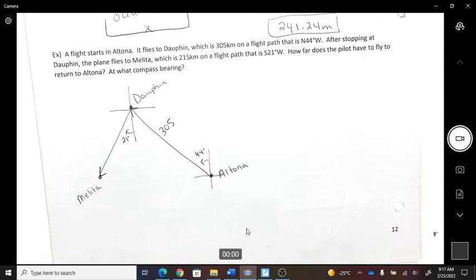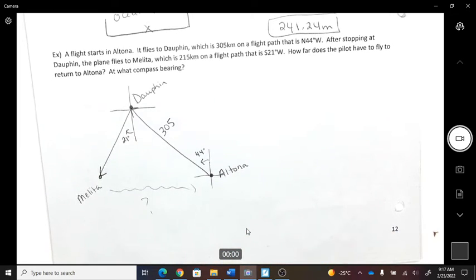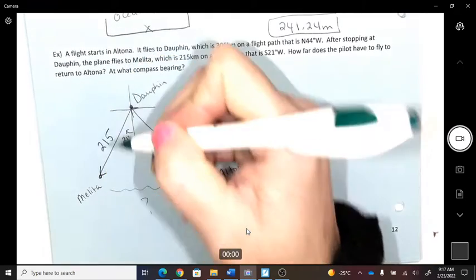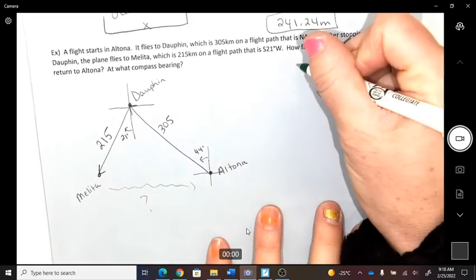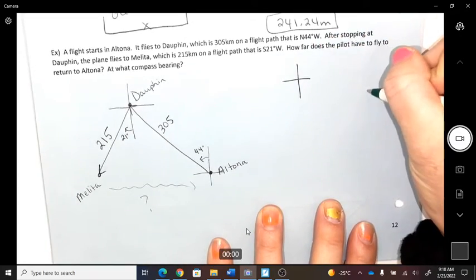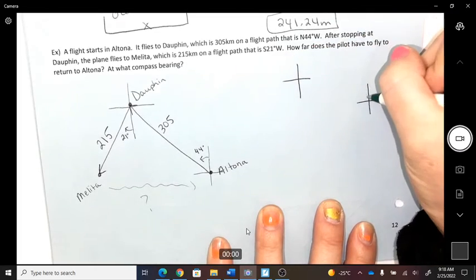Okay, what if the pilot had to return to Altona? This is what we're going to figure out. What kind of flight path is it going to do from Melita to Altona? I guess I could mark the 215 there. Okay, now here's where we're going to bring last unit into play. Do you understand with compass bearings